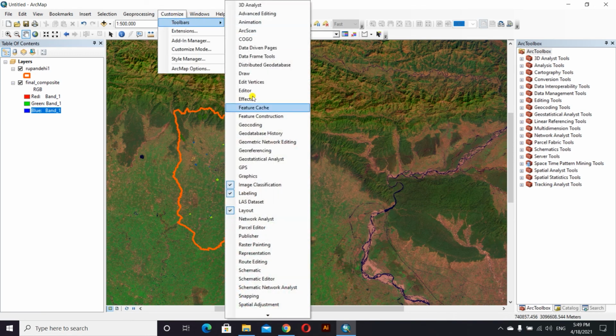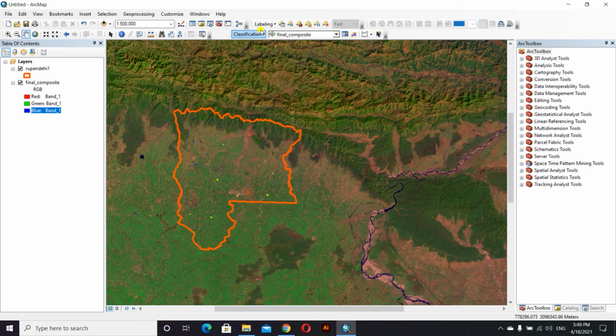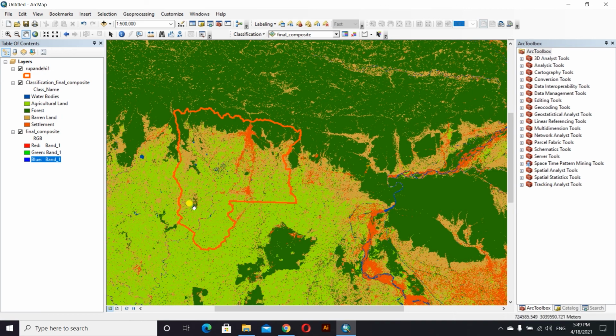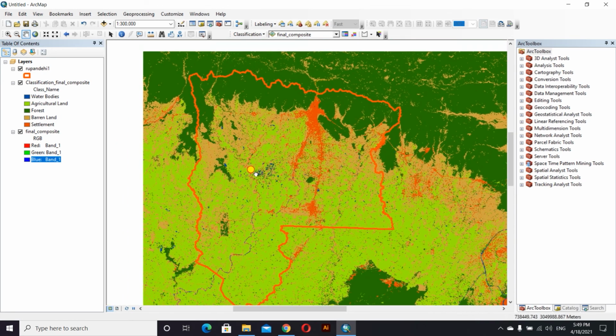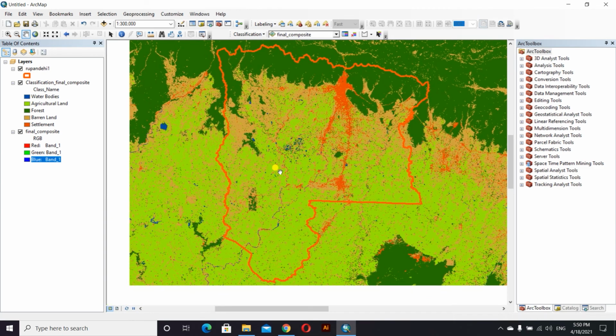Inside customize you have toolbars, and click on image classification. After you enable this, you can see it in your toolbar. Inside classification, go to interactive supervised classification. So this is the supervised classification of your area of interest.